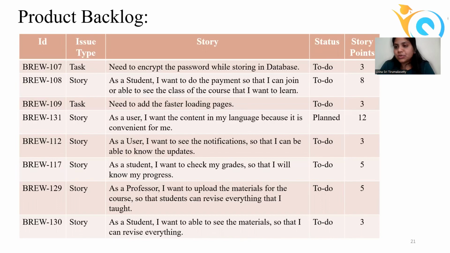Need to encrypt the password while storing it in the database. Now we are not storing it properly, that means we are not encrypting it and keeping it in the database. There will be some hacking issues, like accessing one account from the other user account. So to avoid those kinds of problems, we have to encrypt the password and keep it in the database so that it will not get corrupted. So we have to convert it into base 64 and keep it in the database, and then again decrypt whenever the user logs in. We are checking for username and password whether it was correct or not.